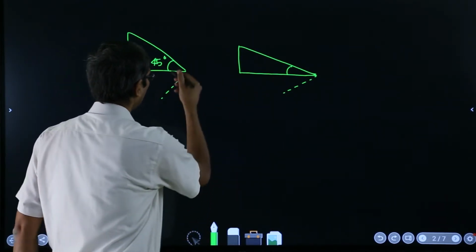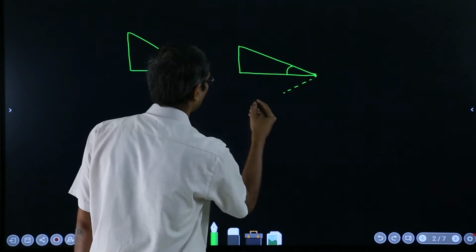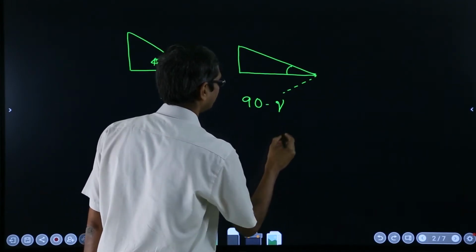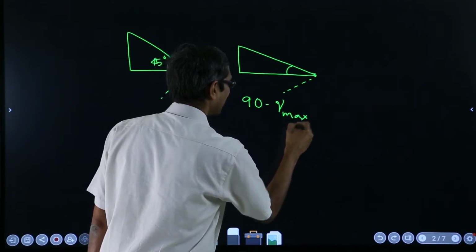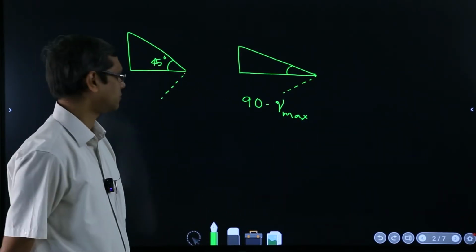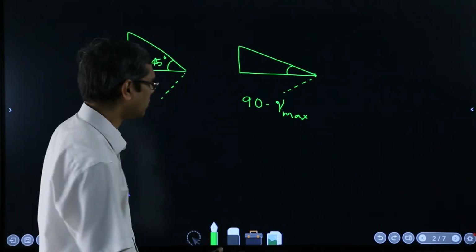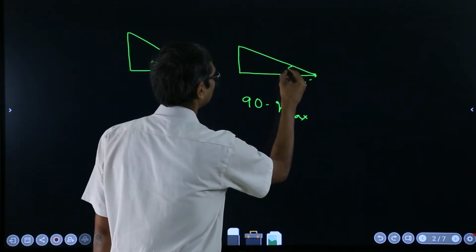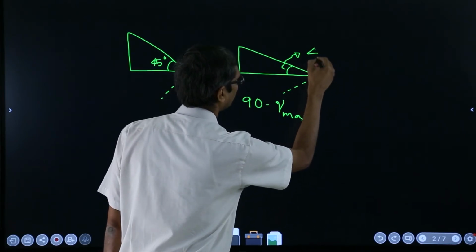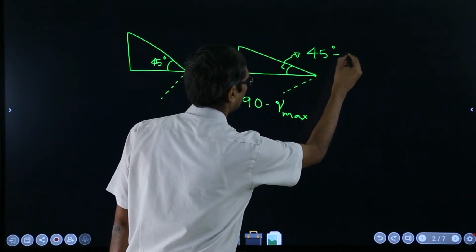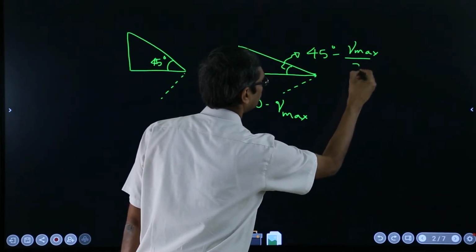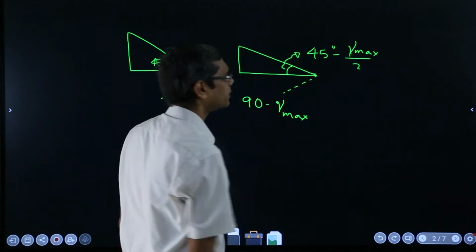So now earlier it was 90, now it has become, say, 90 minus gamma max. It's gamma max because at 45-degree angle maximum shear stress will happen, so maximum shear strain also will happen, and that means this half angle will become 45 degree minus gamma max over 2. Okay,